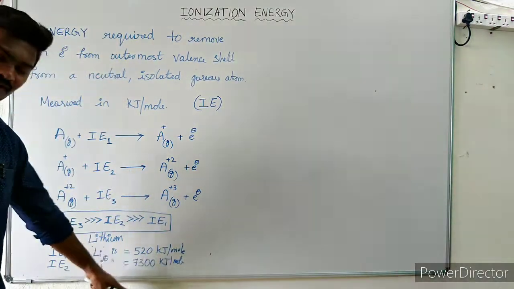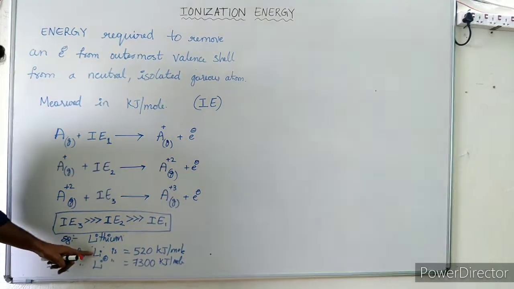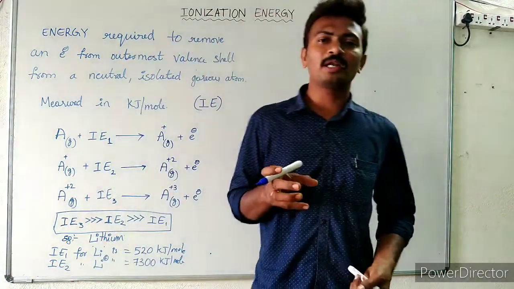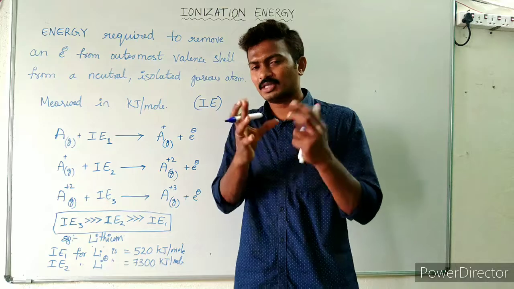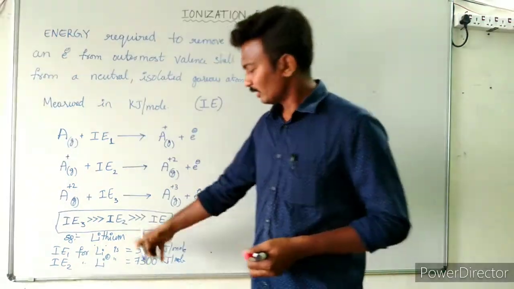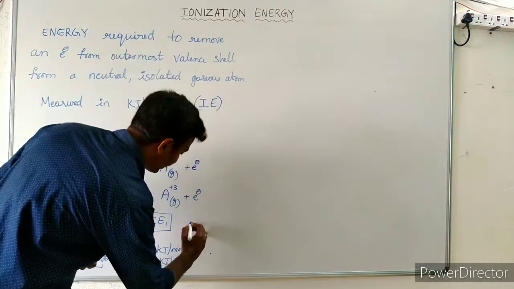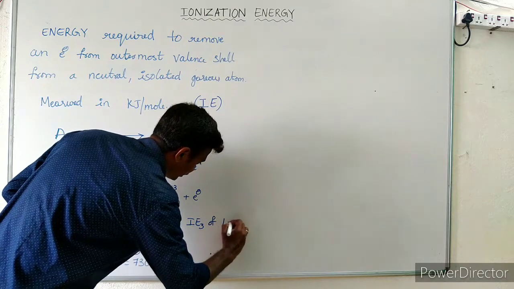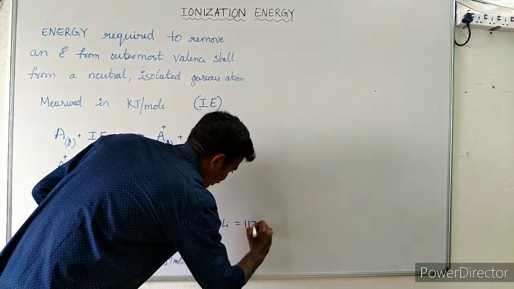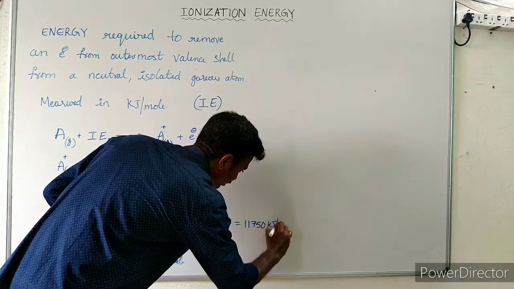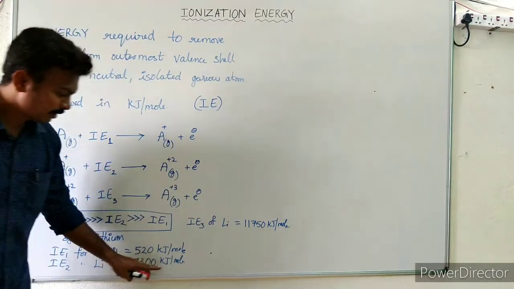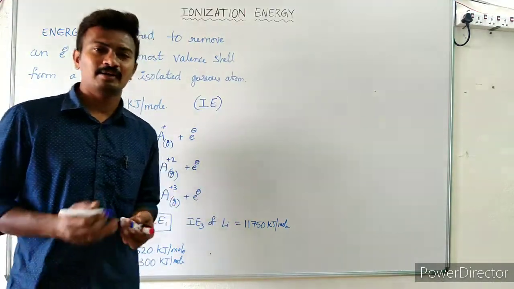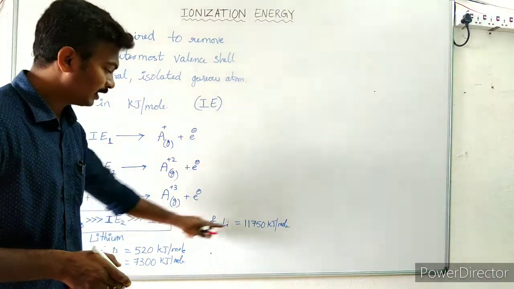So you can see a very large difference in these two cases, because lithium, on removing one electron, is going to attain 1s2, which is a stable fulfilled configuration. So therefore, it doesn't prefer to lose the further electron, right? Next, the third ionization energy, IE3 of lithium, is equal to 11,750 kilojoules per mole. So again, 7,000 to 11,000, almost 5,500 difference. So this is also a very great difference.